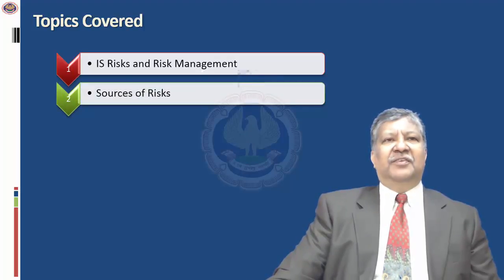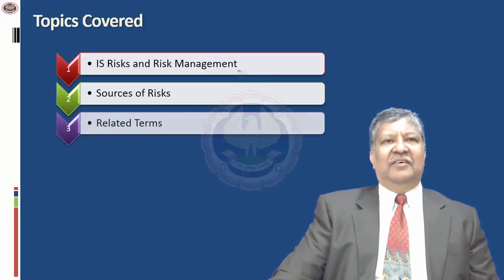There are various types of risks, and these arise from multiple sources. We'll have a look at the different types of risks which could happen and how they will impact the enterprise and prevent the enterprise from achieving the enterprise objectives, and what is the risk mitigation strategy an enterprise needs to have. In any subject, it's important you need to understand the vocabulary. We'll also understand some of the key terms. Once you understand the key terms pertaining to the subject, then you find understanding the concepts become much more easier, and applying also becomes much more easier.